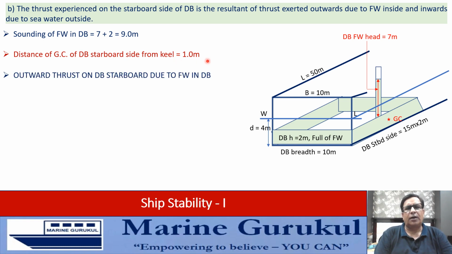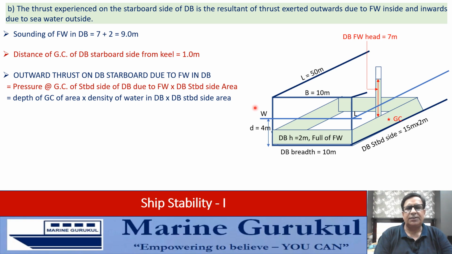Now let's calculate the outward thrust on the DB starboard side due to this tank content of fresh water to a head of 7 meters. This shall be equal to the pressure at the GC of the starboard side. Where is the GC of the starboard side? It's here. Due to the fresh water inside the tank, multiplied by the area of the starboard side. What shall be the pressure at the GC? It shall be the depth of the GC from the surface of the fresh water multiplied by density of the fresh water multiplied by the area of the